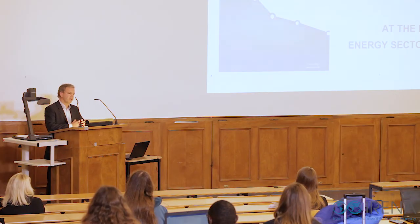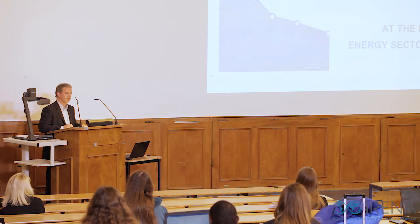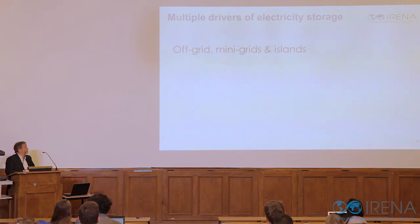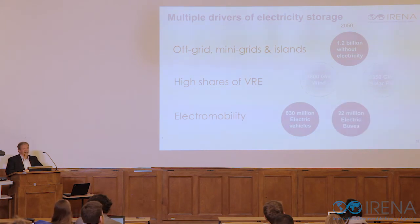So some facilitating technologies become very interesting in that respect. One of them, which gets a lot of press, is electricity storage. So we looked at the costs and performance of that. And electricity storage is quite an interesting but also challenging topic because there are a lot of drivers. It's not just about what's happening with solar PV, it's also what's happening with the use of batteries and electromobility as well. So for us, electricity storage is an interesting topic because it cuts across a number of different parts of the energy sector and contributes in different ways and